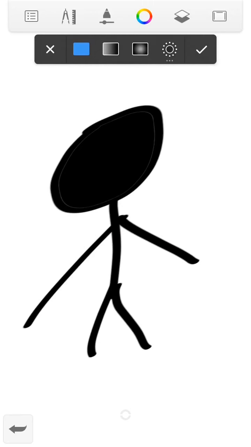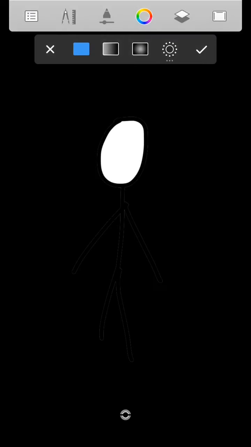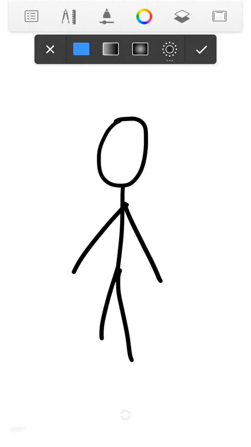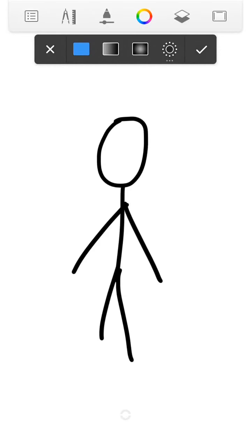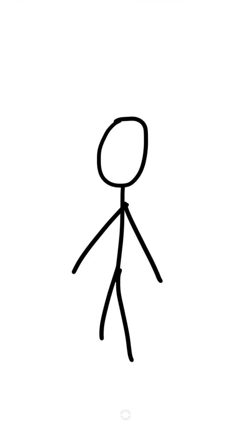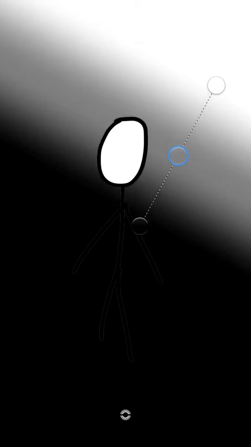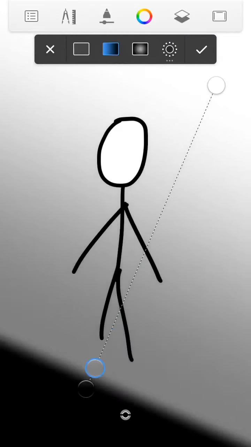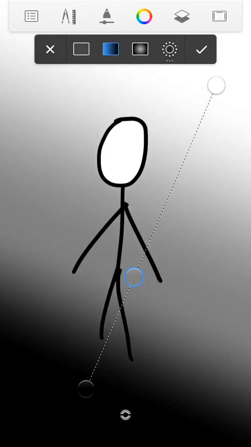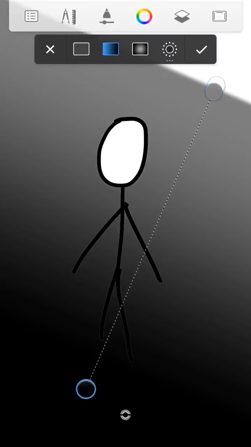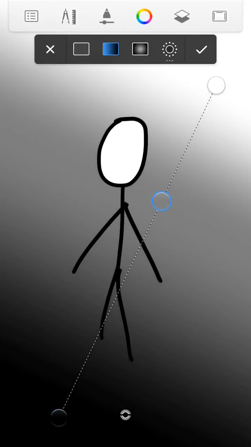Next we have the fill tool. The fill tool is more like you can get gradients with it, you can fill full backgrounds, you can even fill small gaps, like for example the head of the stick man. I'll fill the head, let's just see, like that. For example, I'll just click back, that's the back feature in the corner. I'm just clicking back again. Okay, I made a mistake, but I go forward there, or back over here,